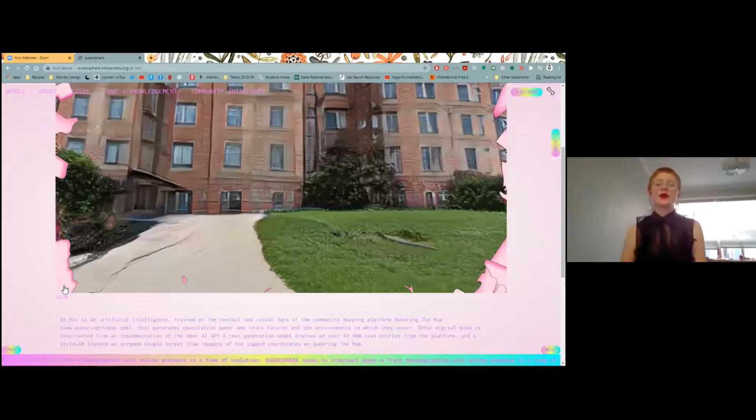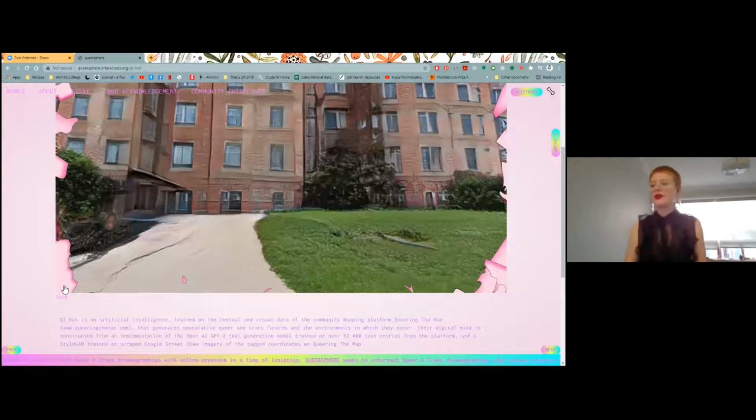To speak a little bit about QutieBot's functioning and basis, this is an iteration and a move forward from Lucas LaRochelle's Queering the Map, which exists as a massive counter-mapping strategy online.